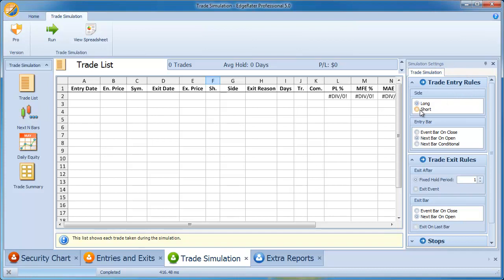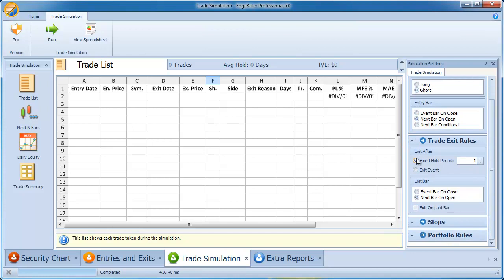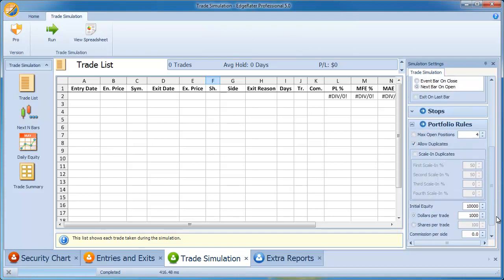So as I said, I wanted to be short the stock whenever it crosses above its upper band. I want to go short the next bar on the open. I want to use the exit event or the exit signal to exit the trade, and the exit signal is when the stock crosses below its lower Bollinger Band. And after the exit signal is hit, the next bar on open is the point where I want to exit that trade. I'm not going to use any stops for this simulation,